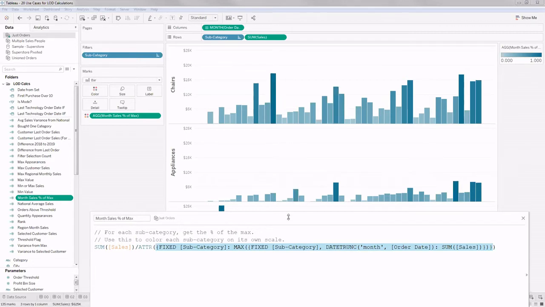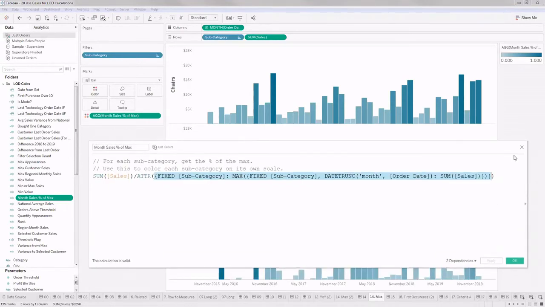You understood, right? When we are on the maximum bar itself, it will be given 1, because we are dividing maximum by maximum. Let's say we are at the second range. So basically we are getting a normalized distribution. Irrespective of the subcategories, this field will give us a value from 0 to 1 based on where that particular bar is ranked in that particular subcategory. You understood the logic, right?